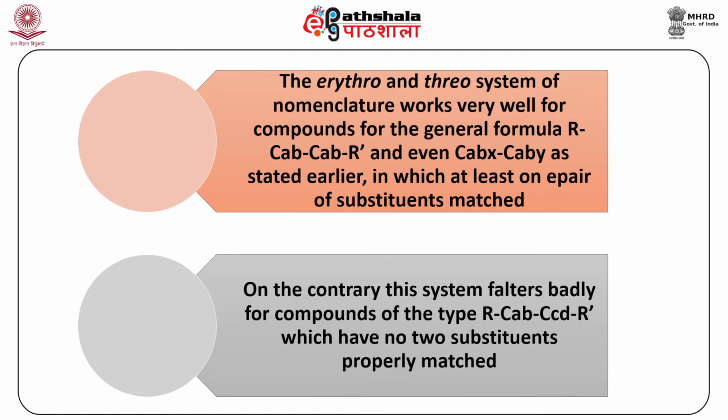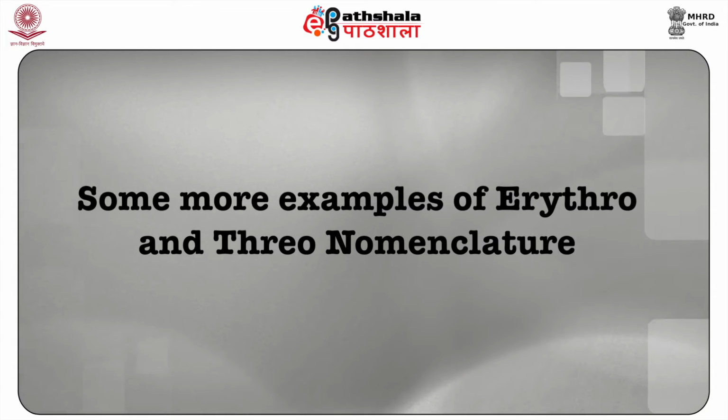On the contrary, this system falters badly for compounds of the type R-CAB-CCCD-R', which has no two substituents properly matched. One has to decide the similarity of groups on the basis of steric bulk, state of oxidation or electronegativity, and the system becomes ambiguous. Some more examples of erythro and threo nomenclature: